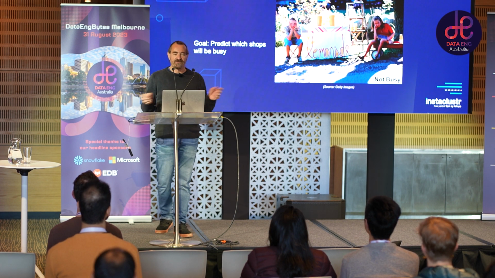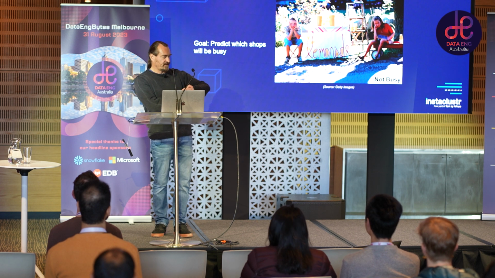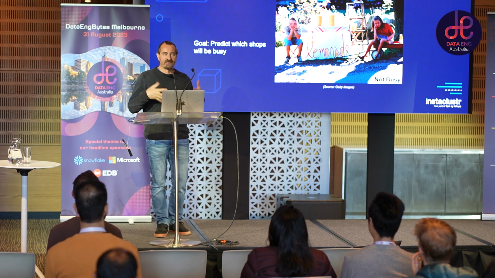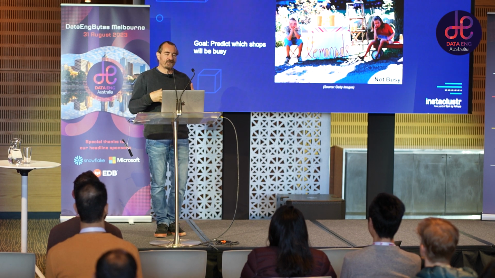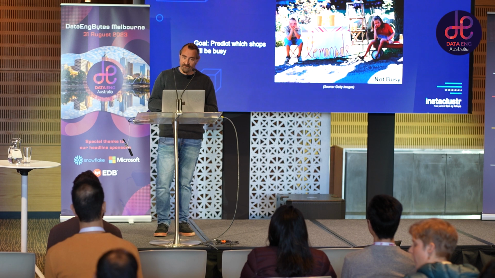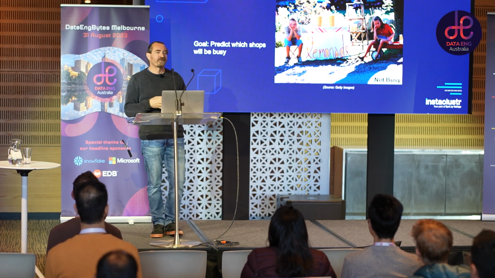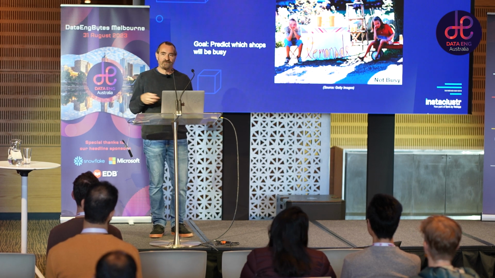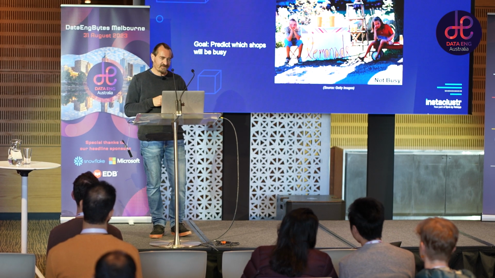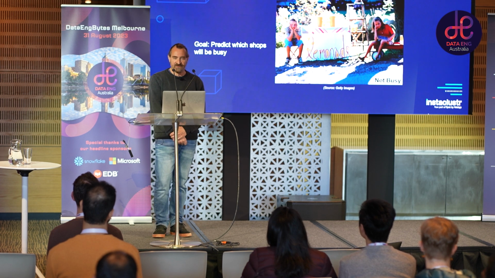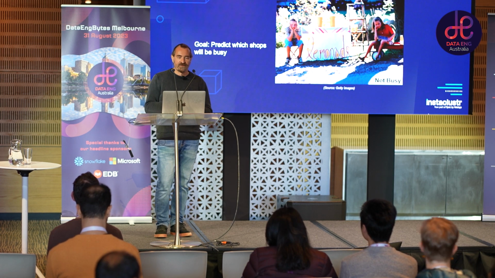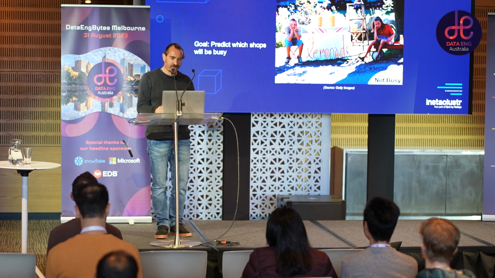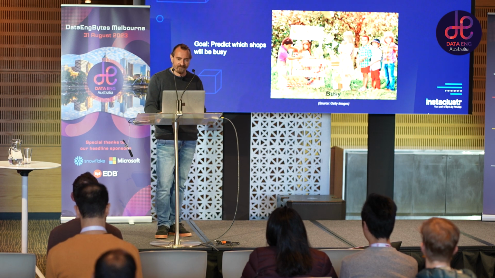Okay, so the next part of the story, let's check how much time we've got. Yes, right, is Kafka combined with machine learning, and in particular TensorFlow. So this is learning over spatio-temporal drifting streaming data, which is quite complicated potentially. And interestingly enough, related to the previous talk, there is a problem of bias in this problem space. So there's a connection to the previous talk. So the goal will be to predict which shops will be busy in advance. So there's a not busy shop and there's a busy shop.